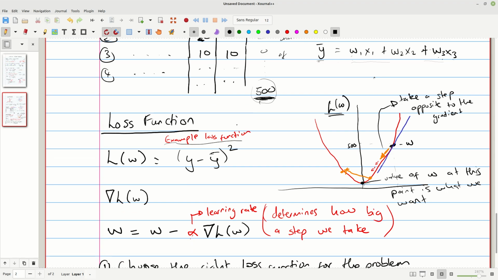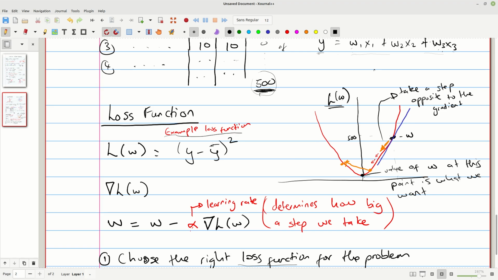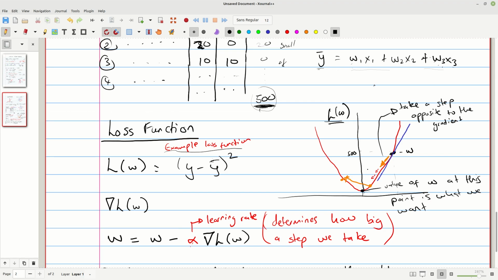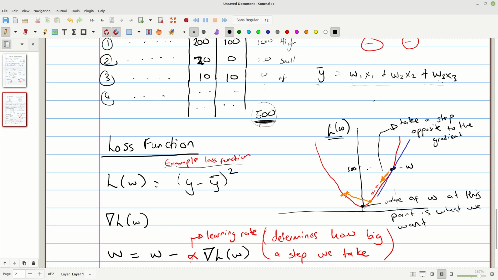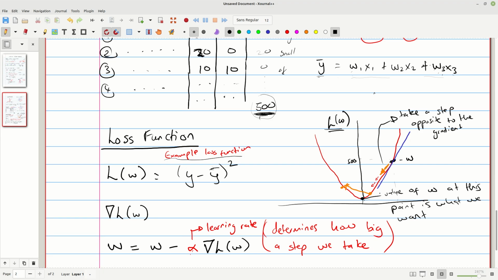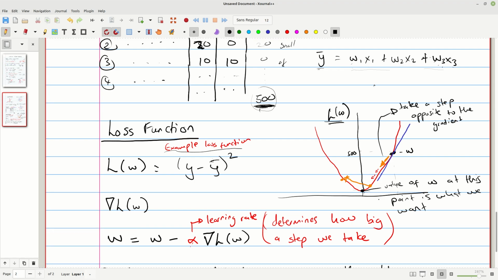The way that we minimize this, in a simple case, is that we can take the derivative and equate it to zero. But realistically, we need to make use of a method called gradient descent, where we take small steps trying to reach the minimum. It can be a global minimum or a local minimum, depending on the kind of function we're dealing with.